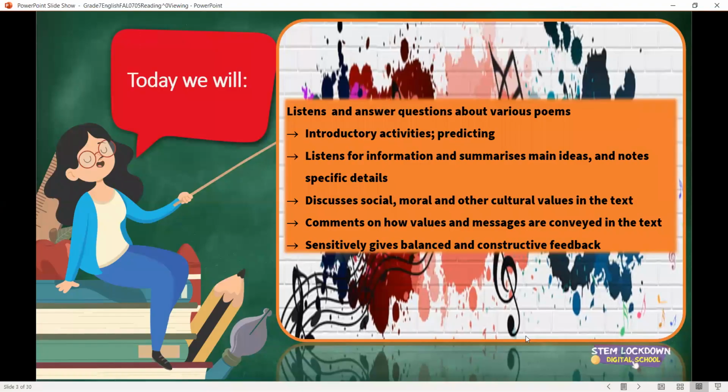Okay, so today we will listen and answer questions about various poems because we had a lot of fun doing that yesterday. Hello guys, I see you saying hello, it's great to see you and to have you here. We're going to practice predicting, listening for information, summarizing our main ideas, and all the values and messages that we convey during poetry. Today we are going to do it more on a comprehension base. So we're going to be reading various types of poems, and then we're going to actually